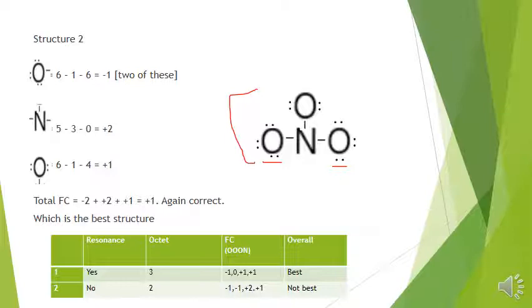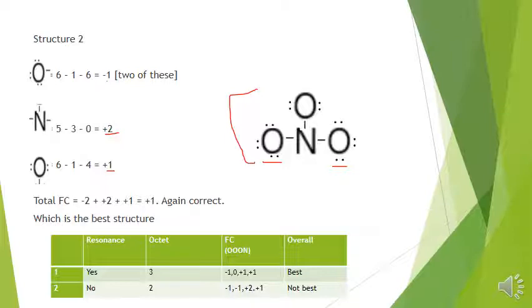For the 3 lone pairs and 1 bond, it's 6 valence electrons minus 1 bond minus 6 dots equals minus 1, and there's 2 of them. Nitrogen has 5 valence minus 3 bonds minus no lone pairs, which is plus 2. Oxygen is 6 minus 1 minus 4, which is plus 1, and so